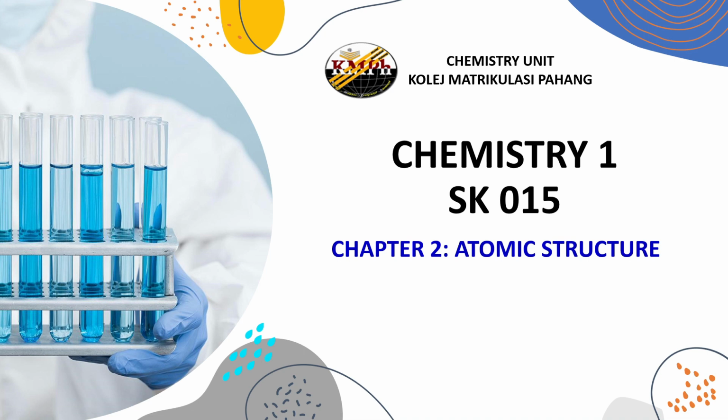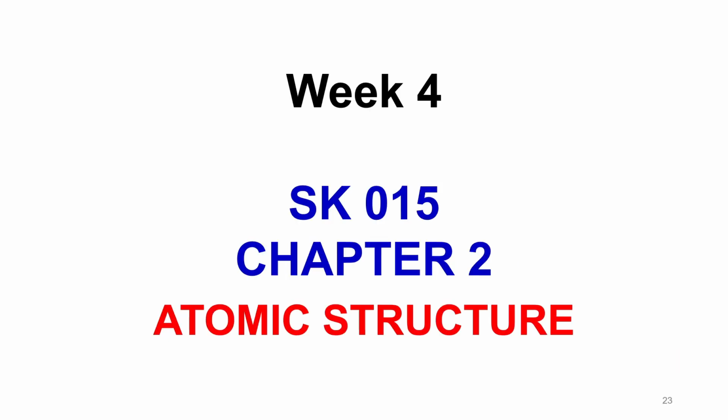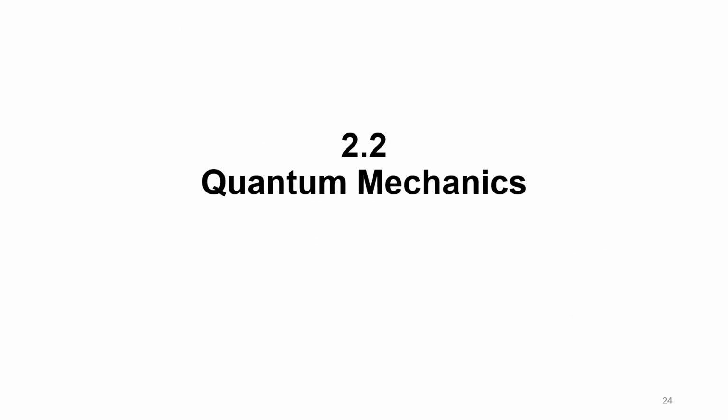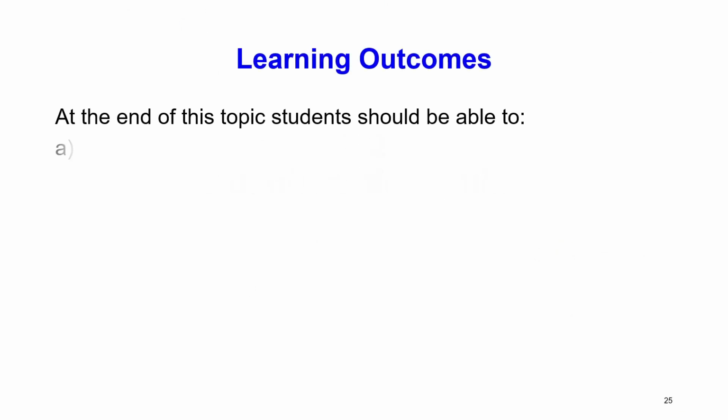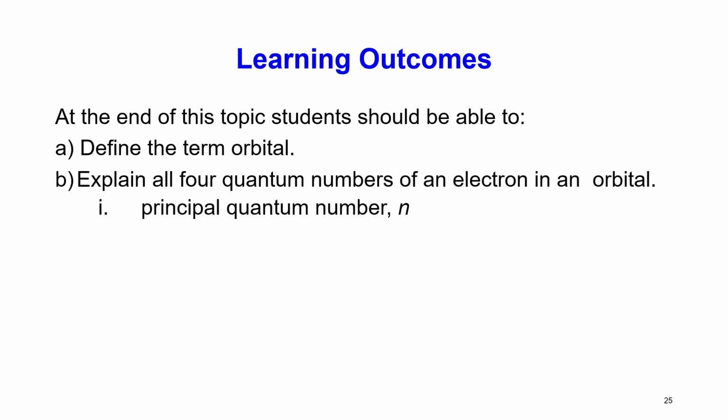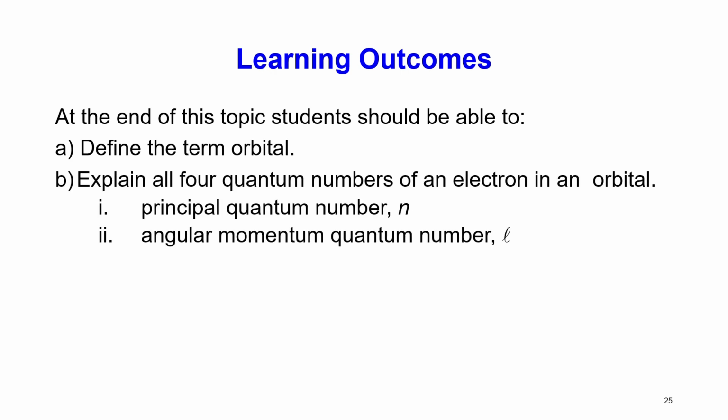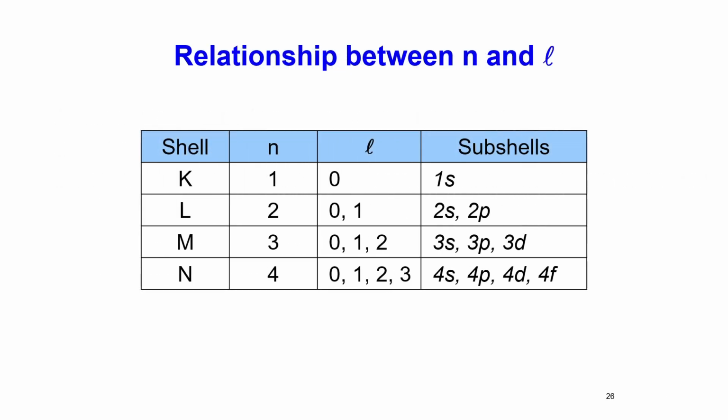So we continue our chapter 2.2 for atomic structure, quantum mechanics. We are going to discuss the four quantum numbers, which are n, l, m, and s. So the relationship between n and l: for shell K, if n is equal to 1, l is equal to 0, the subshell is